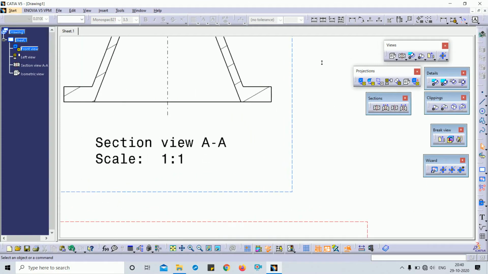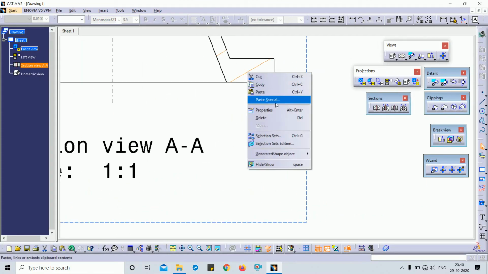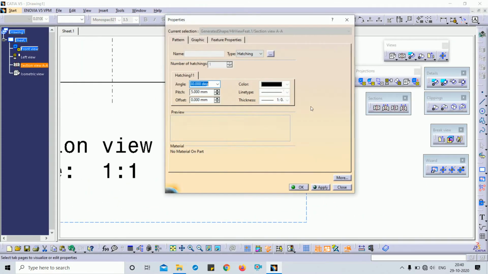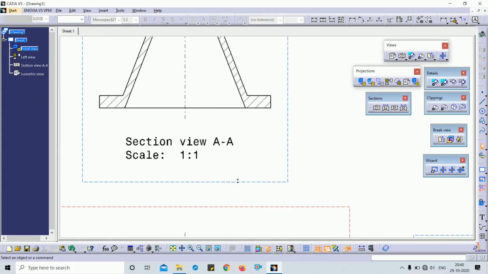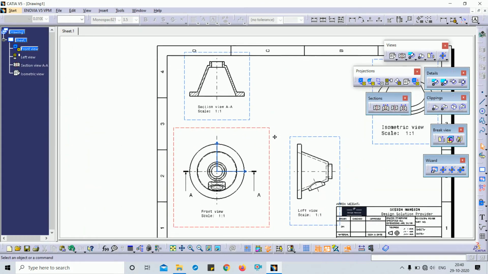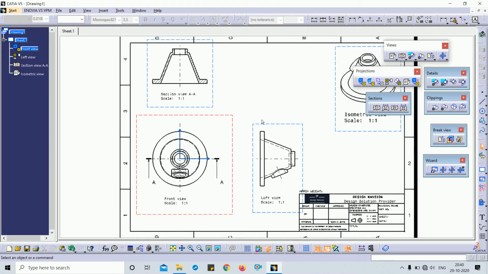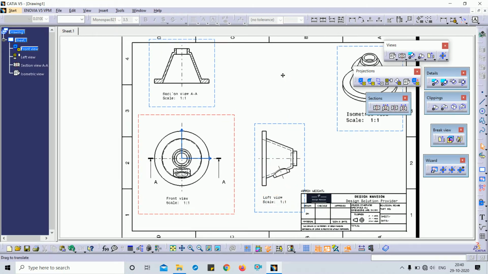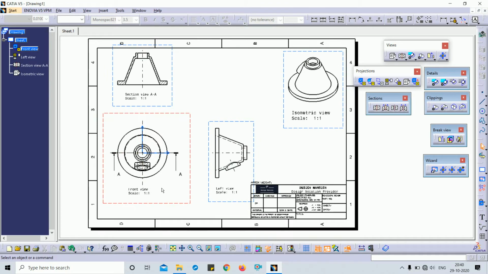And always keep the angle 45 degrees and pitch 2 or 3 as per your convenience to clear the views. Okay, we put the section view, front view and left view.